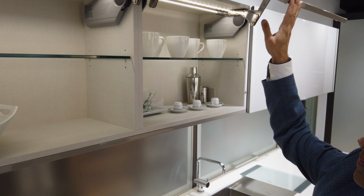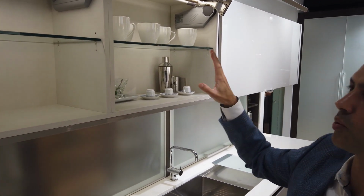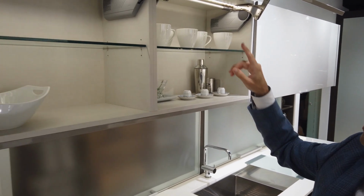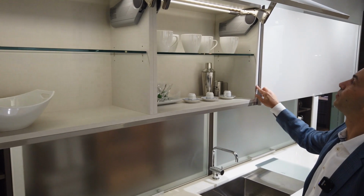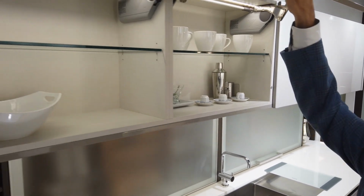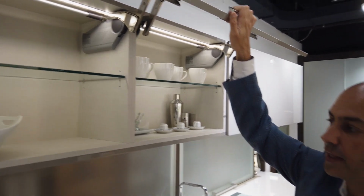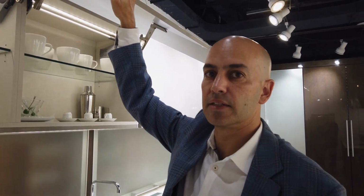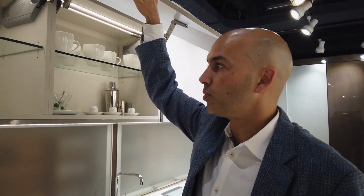See, what happens is you can actually get the hardware. So this is the Bloom hardware. It might actually be electric, maybe not. And you can get the lighting. So you can actually purchase all the components and put it together. But then the question is if the factory has the ability to actually put together a real solid, reliable, consistent